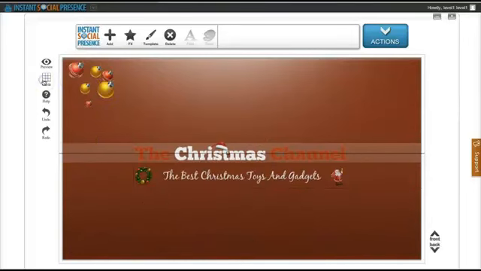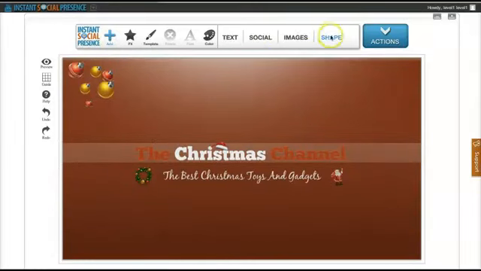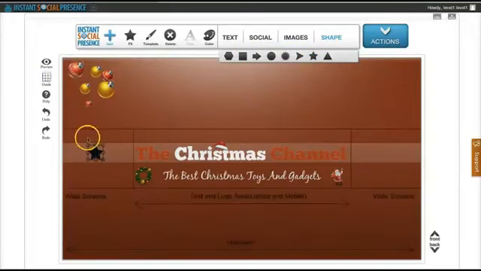So the next thing I might want to do is add some shapes. Okay, so shapes are a pretty cool feature because they are very versatile. You can do a lot of stuff with them. But I think one of the coolest ones, the one I like the most actually, are the stars. So if you go on guide, and I put a star here,